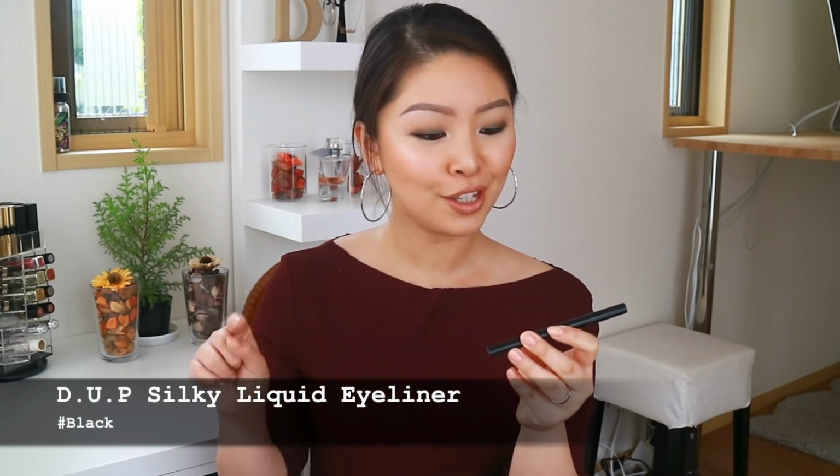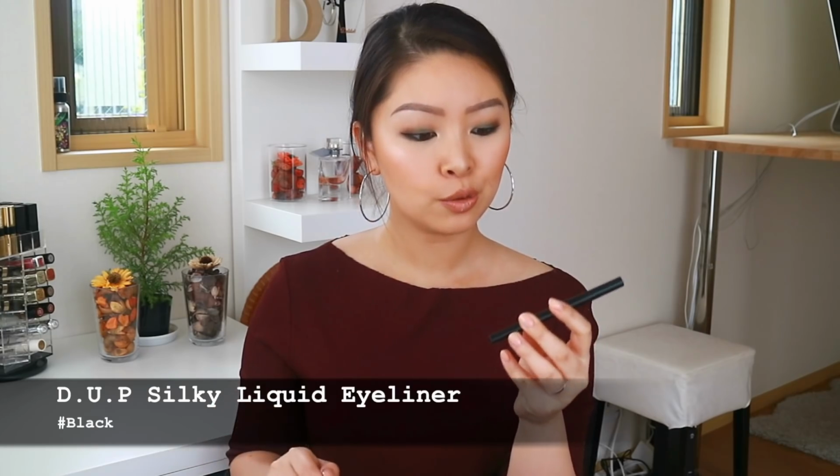And also a liquid liner here. This one is from a Japanese drugstore brand called D.U.P. This is their Silky liquid eyeliner. Like I was saying, for liquid liner, almost any drugstore one will do. I just always go to the drugstore and see if there is any new one coming out or which one is on sale, and I will just grab one gel liner, one liquid liner, and use them every day until I use